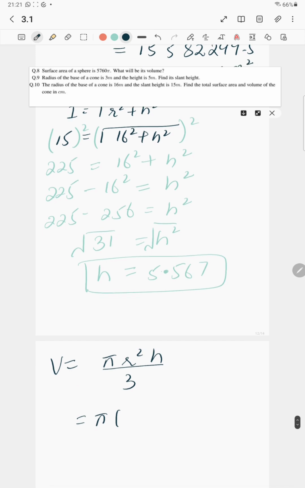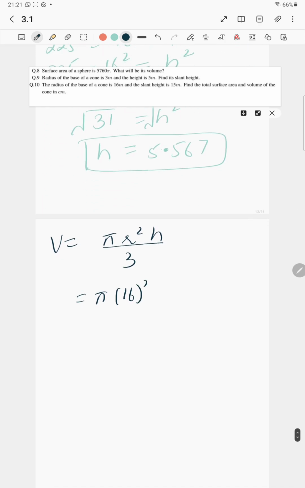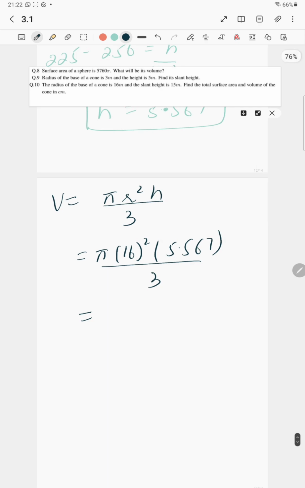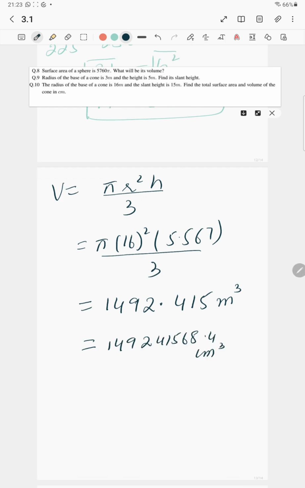R is 16. 16 square, h is 5.567 divided by 3, which is equal to 1492.415 meter cube, and we need to convert into centimeter cube, which is equal to this centimeter cube that is multiplied by